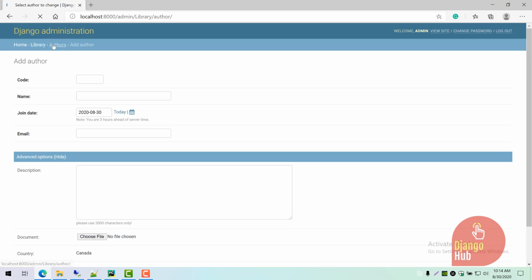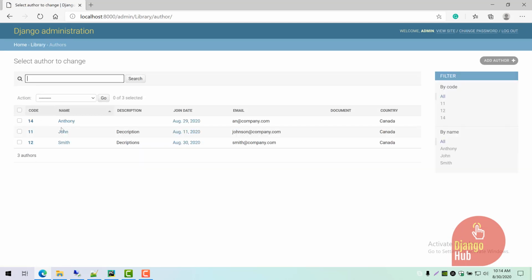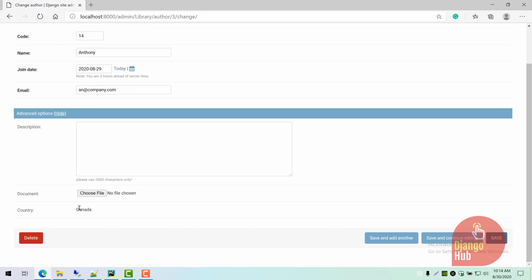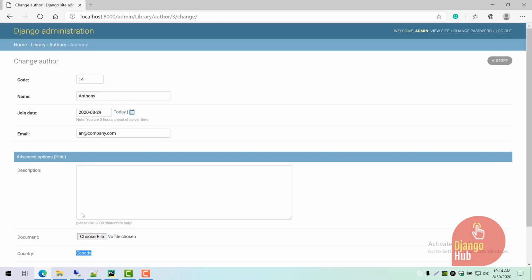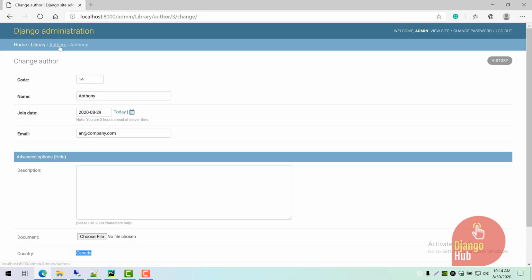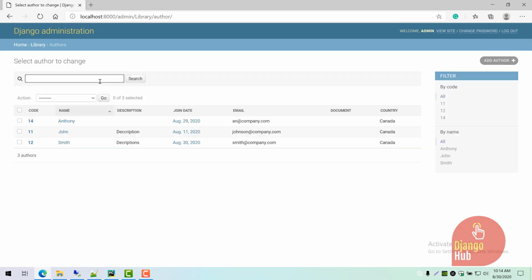Or even in edit also, when you go back and want to edit existing records, click on any record, advanced options, show. Have you seen here? Even for existing records it is not allowing us to edit the value. So whenever you want to edit or create a new record, the read only fields will affect the respective column. Alright, so the next is